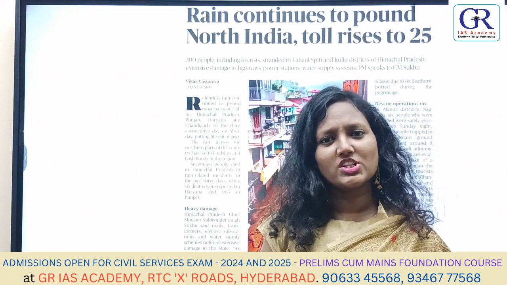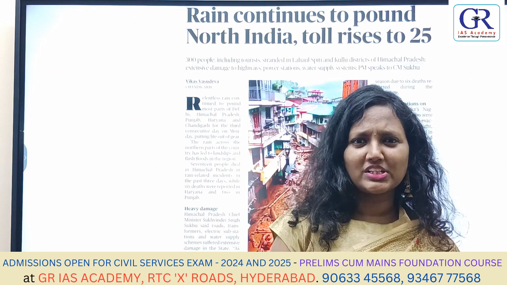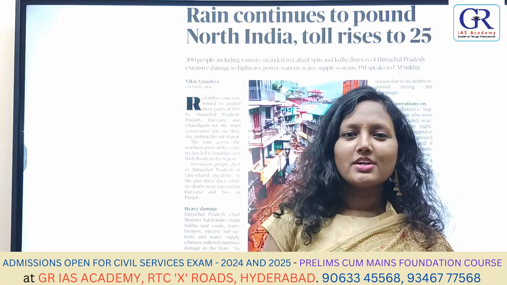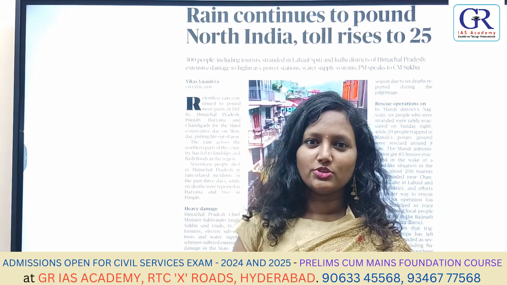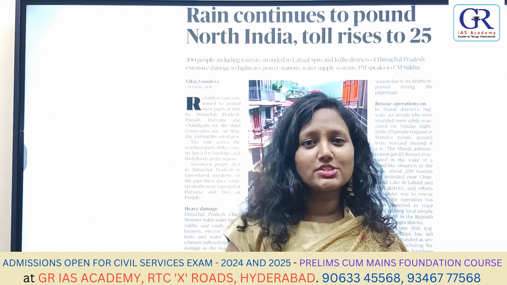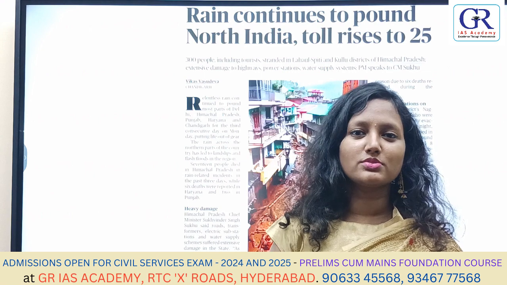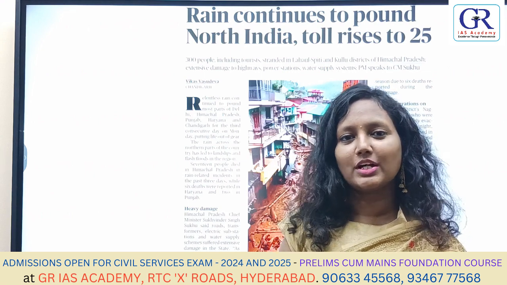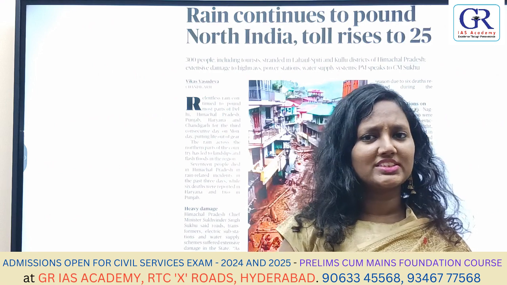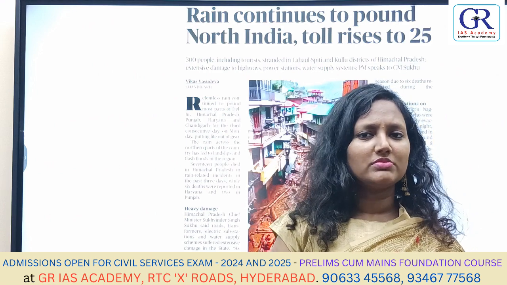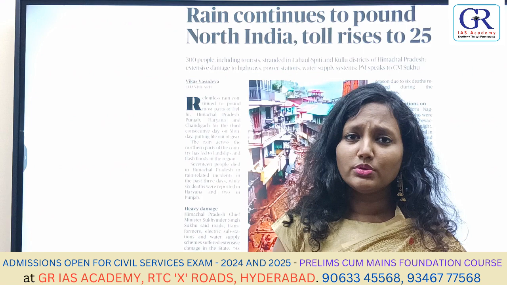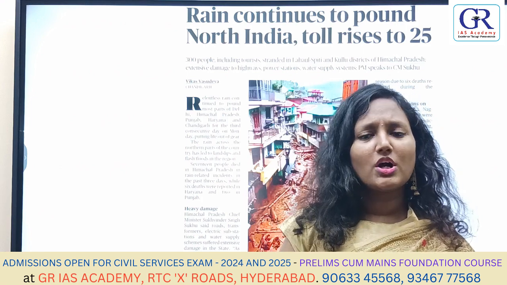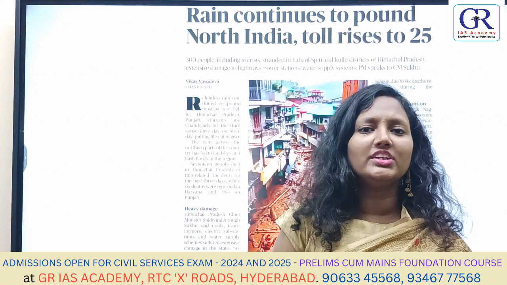Did you ever question yourself why you are facing this particular issue? Because you are sticking to only one particular source. Most probably that could be the Hindu newspaper. But I suggest you refer to most of the sources, not only the Hindu but also other sources. For example, refer to Indian Express, the Mint, Down to Earth, India Today, Economic Times. Most of the sources pick the important articles.